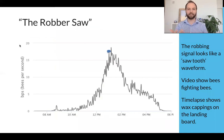The robbing pattern looks like a sawtooth waveform. There's a ramp up in activity and a gradual ramp down. Video often shows bees fighting bees, and the time-lapse often shows wax cappings on the landing board as the robbers raid the